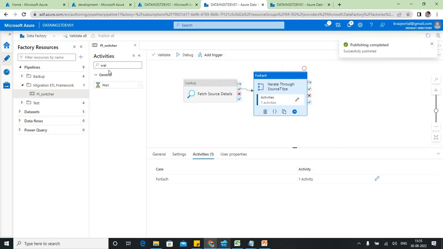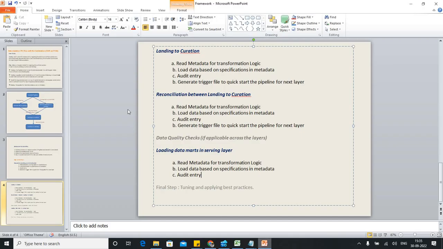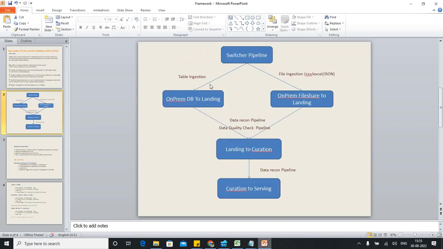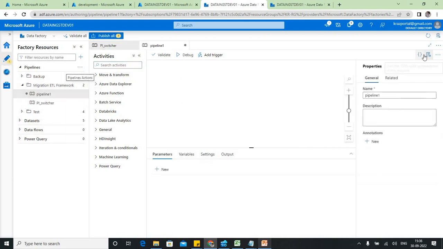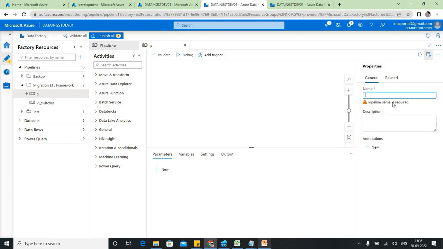Now let's start with the next step. Next step is what? Landing pipeline for table ingestion. So let's go ahead and create new pipeline. This pipeline going to take a bit more time, and the rest of the pipelines we can just clone and modify accordingly, so those will not take much time. Okay, so I'm gonna just name it PL